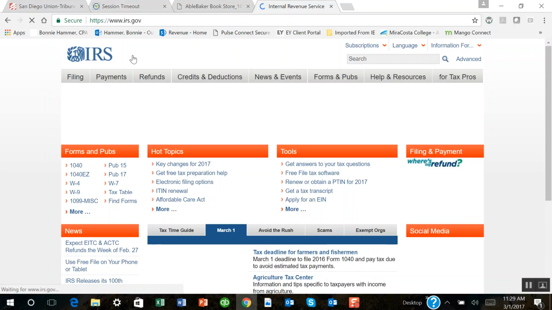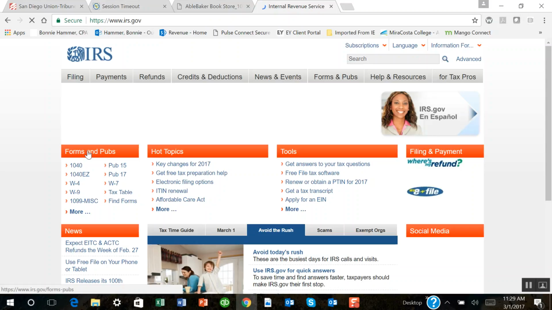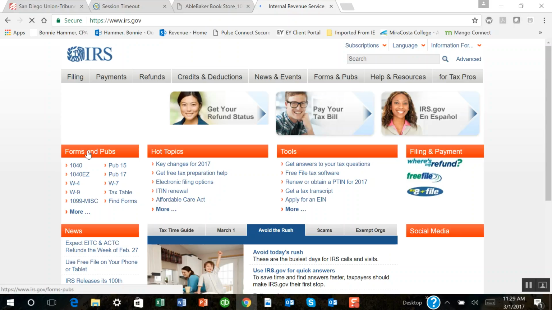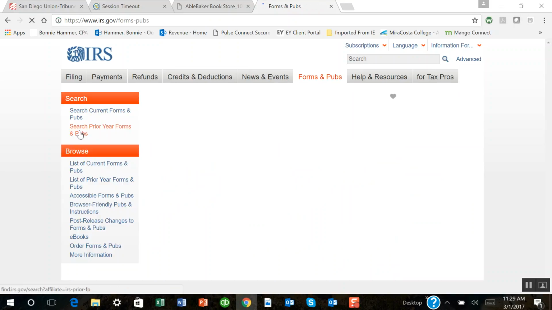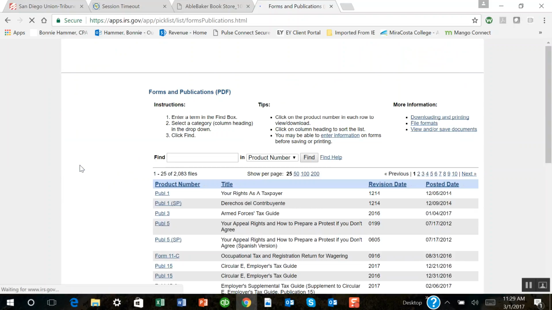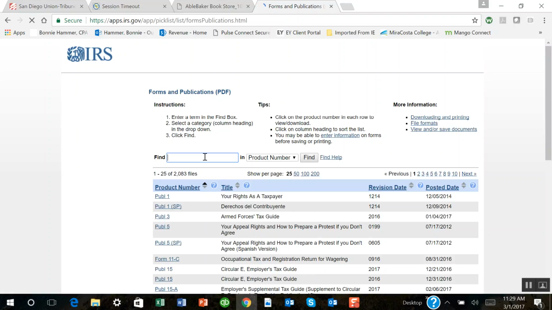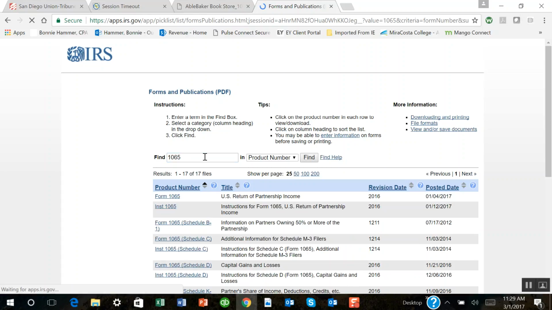You go into irs.gov, you go into Forms and Pubs, click on Forms and Pubs. I don't know why this is being so slow right now. Then you go into the list of forms and pubs, and type in the find box 1065 and press enter. It's going to come up with Form 1065 and the instructions for Form 1065,